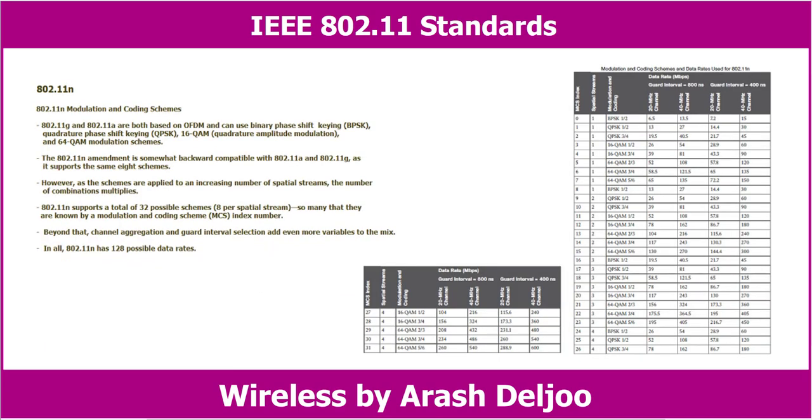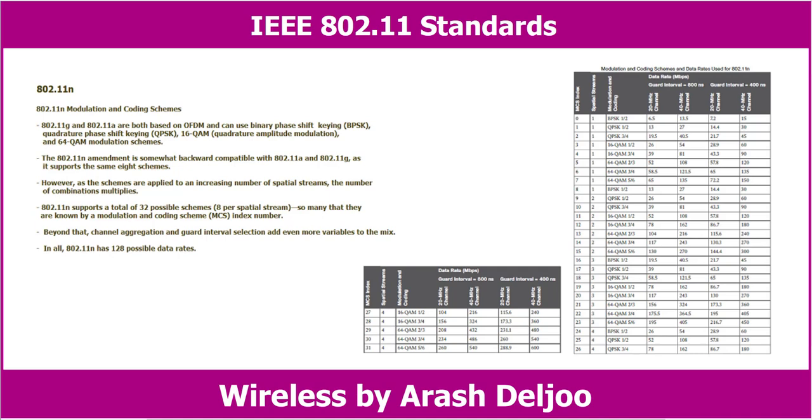Alright. About the 802.11n modulation and coding schemes, recall that 802.11g and 802.11a are both based on OFDM and can use binary phase shift keying or BPSK, quadrature phase shift keying or QPSK, 16 QAM or quadrature amplitude modulation, and 64 QAM modulation schemes. Depending on conditions affecting the RF signals, wireless devices can choose one of the 8 possible modulation and coding schemes. The 802.11n amendment is somewhat backward compatible with 802.11a and 802.11g, as it supports the same